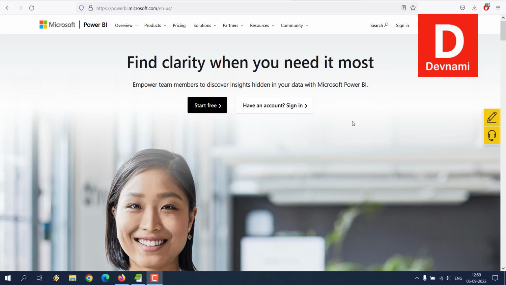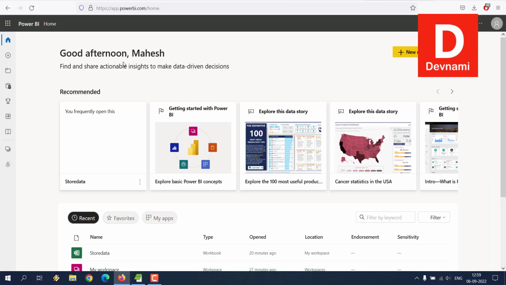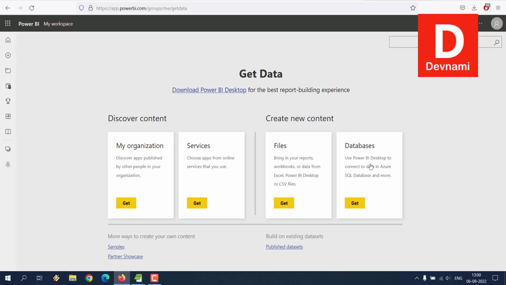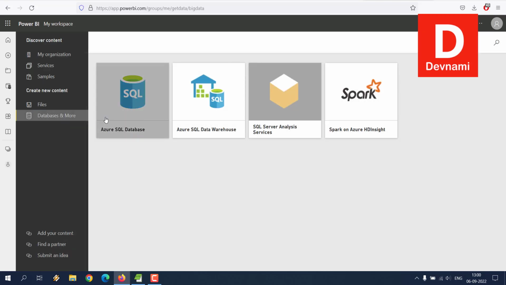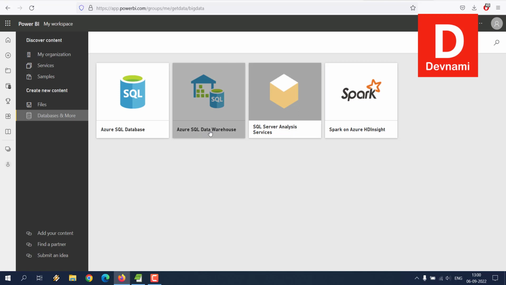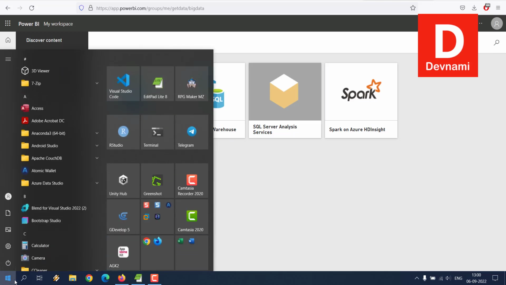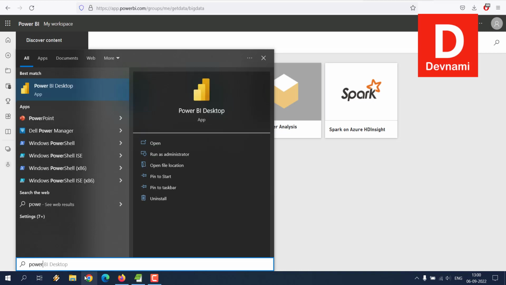Okay, so let's take a look at how you can connect SQL Server to Power BI. If you are using the online cloud version, then you will notice that you have the option to use databases through the cloud. So you have Azure SQL database and data warehouse. There is also Spark and analysis service connection, but this would be specific to Azure, so I won't comment further on that. So what we'll do instead is open the desktop version of Power BI,